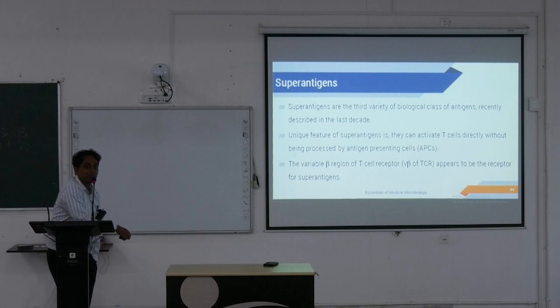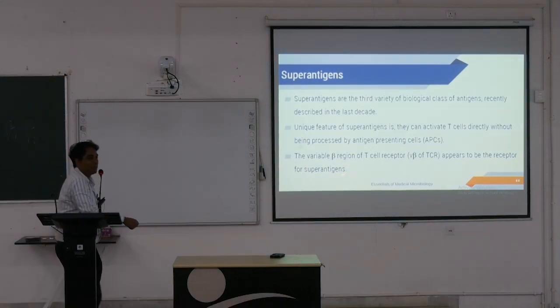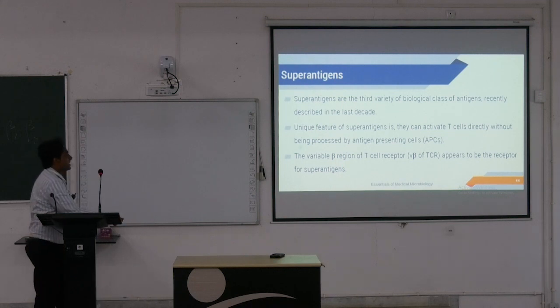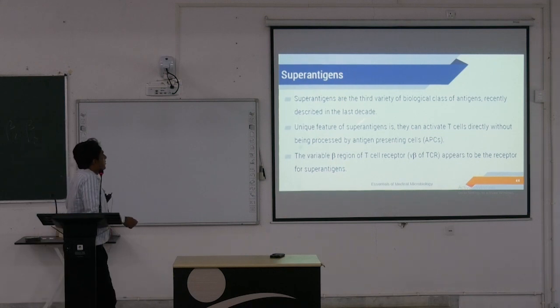অর্জুন। অর্জুন হচ্ছে সুপার অ্যান্টিজেন, ঠিক আছে, থার্ড ভ্যারাইটি। সুপার অ্যান্টিজেন হলো থার্ড ভ্যারাইটি অফ বায়োলজিক্যাল ক্লাস অফ অ্যান্টিজেন্স। ইউনিক ফিচার্স গুলো কি কি? দে ক্যান অ্যাক্টিভেট দ্য টি সেলস ডিরেক্টলি উইদাউট বিং প্রসেসড বাই অ্যান্টিজেন প্রেজেন্টিং সেলস।